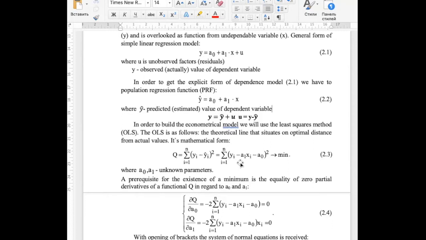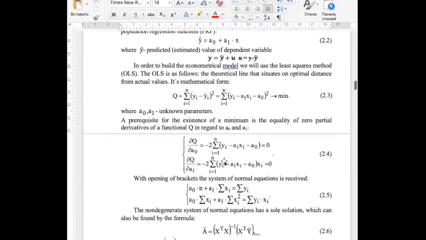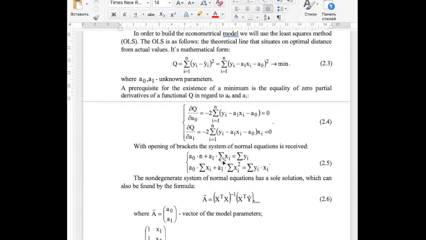When we solve and find these parameters, in the end we will be able to find a system of normal equations, and by putting in some statistical information about the sum of x, the sum of y, and by knowing the number of all our observations n, we can write the system of normal equations, and in this way, by hand, we can find the